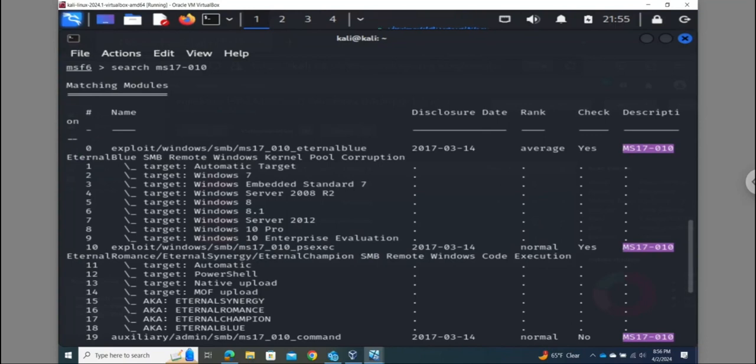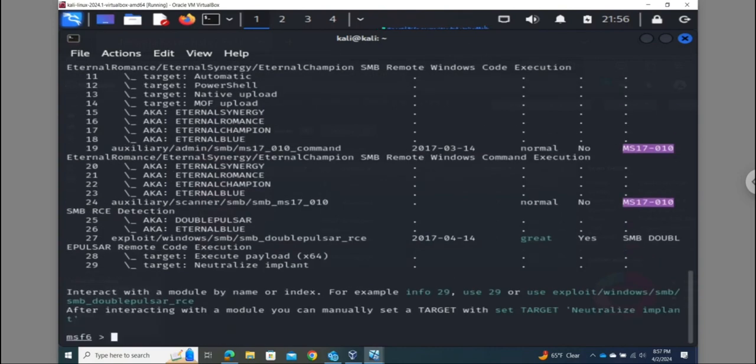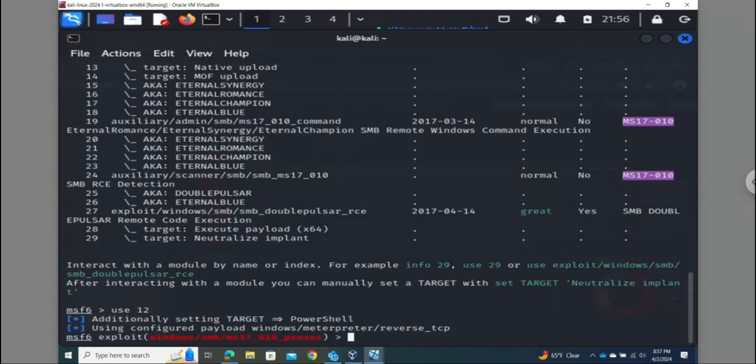Suppose he wants to run some automatic targets. So let us go with the PowerShell. For this, PowerShell is option 12. We'll try to run this, use option 12 exploit. So it takes Meterpreter, then set a remote host,